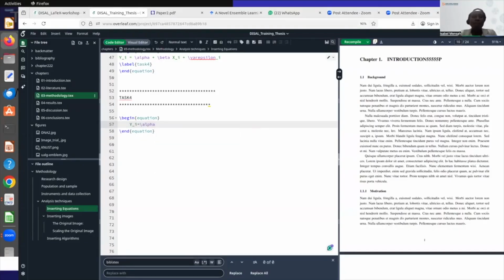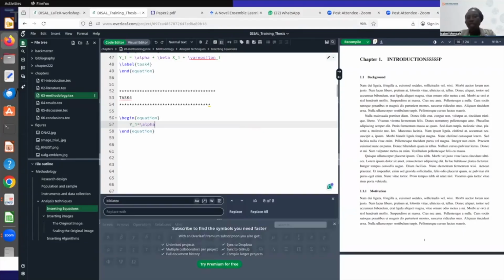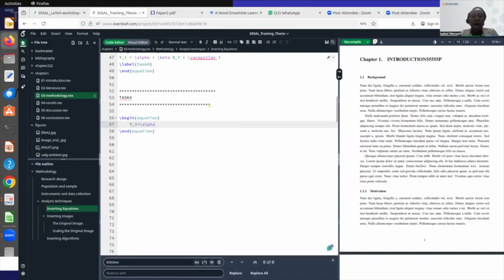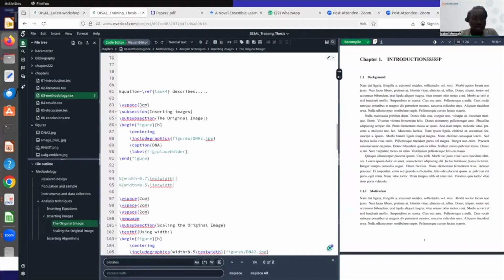Usually, if you come over here to insert symbol, but unfortunately, I don't have the premium version, so it's not giving it to me. If I had the premium version, you could see that almost all the symbols are defined over here. But these symbols, like I said, on your local machine, if you have installed it, are free, so you can have access to them. Okay, so alpha plus